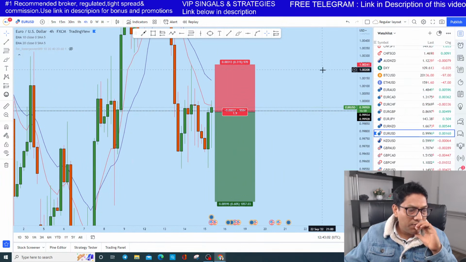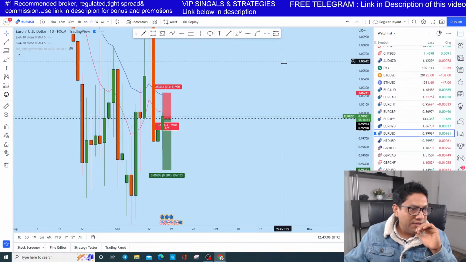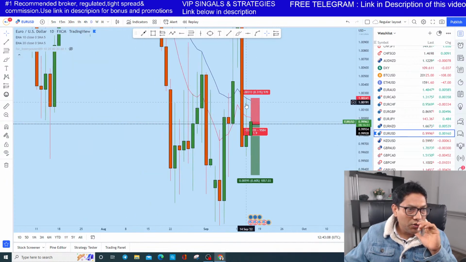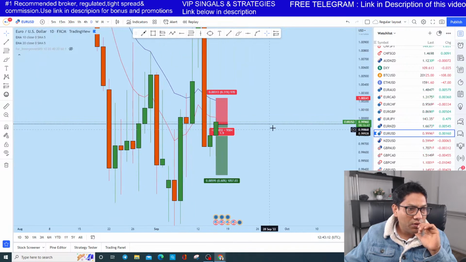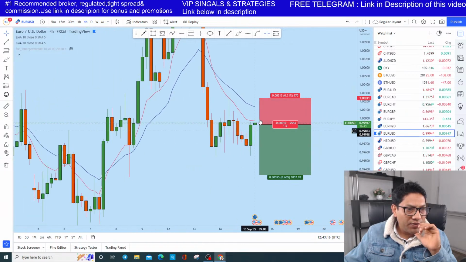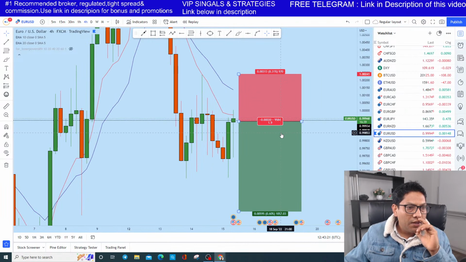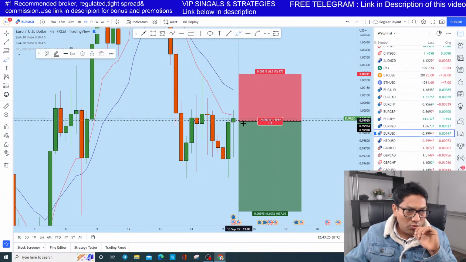We see some trying to create a little bit of upward move, but to me I think that is still bearish, because there is a resistance here with this daily 20 period moving average on the dollar. And what I think is that after this one is closing after 15 minutes, right? If this one closes as a doji, I think the price will continue to drop again. The dollar could continue to become stronger.